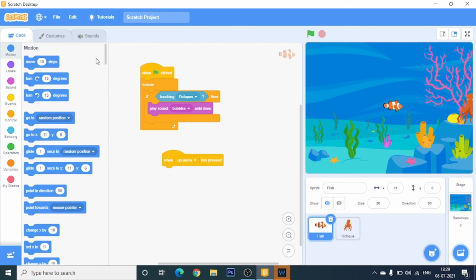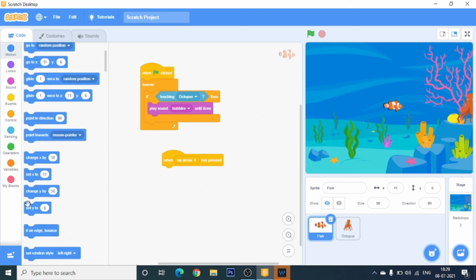Go to motion block. Up arrow means y will increase. So change y by 10. Now when I press the up arrow key from the keyboard, see my fish is going upward. But if I'm pressing down arrow, left arrow and right arrow, my fish is not moving at all because I have not done coding on down, left and right arrow.